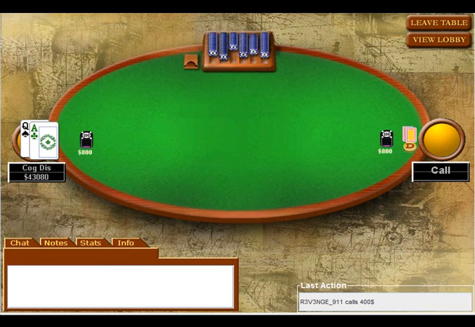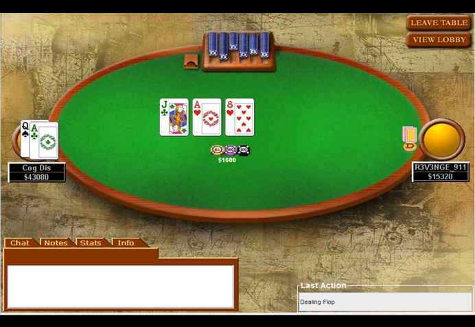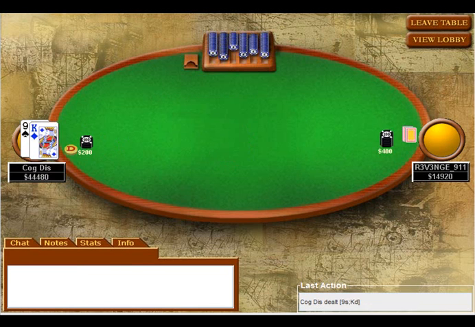I meant to 3x. I didn't want to price him in. Luckily the flop is pretty favourable, and I take it down with a bet there. But that was definitely an error. Alright, King 9, offsuit,